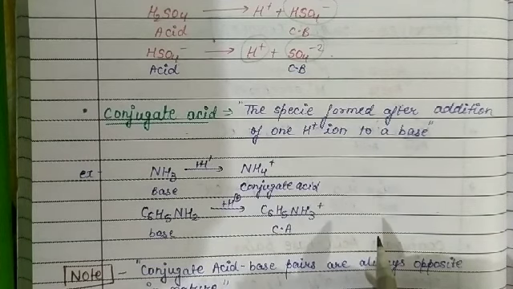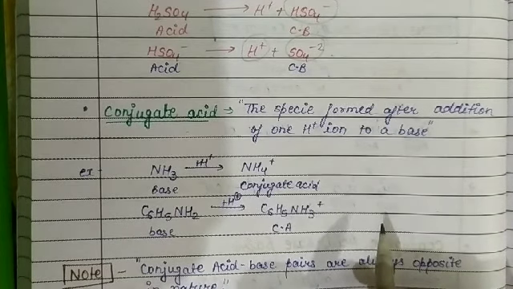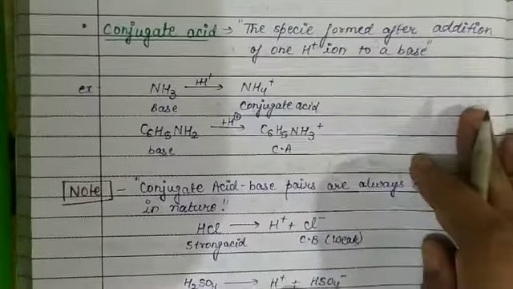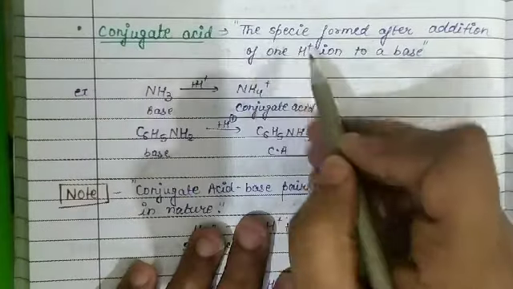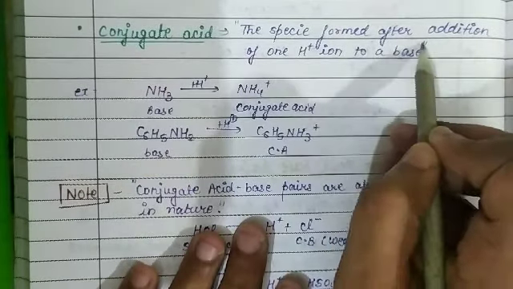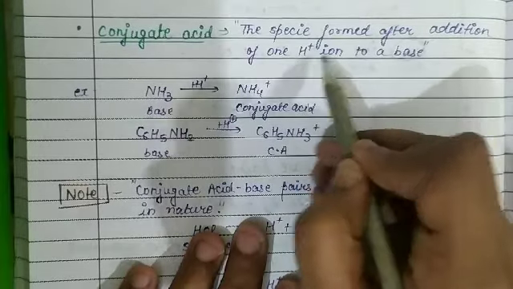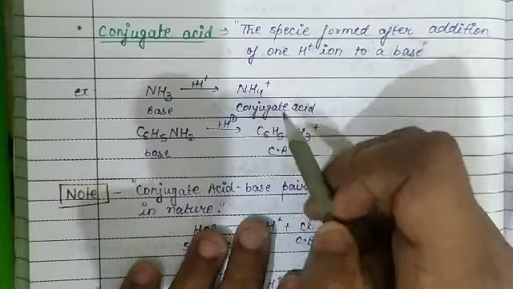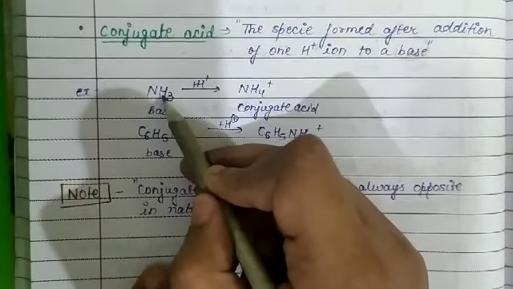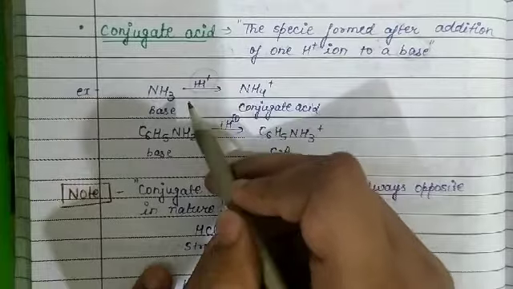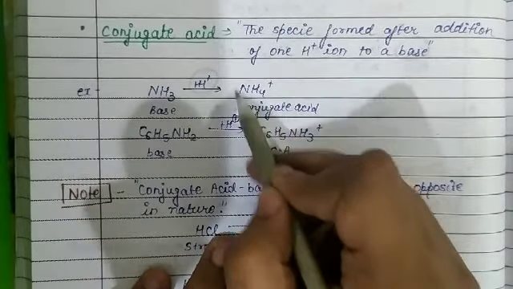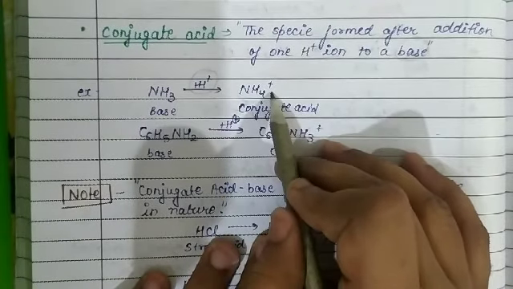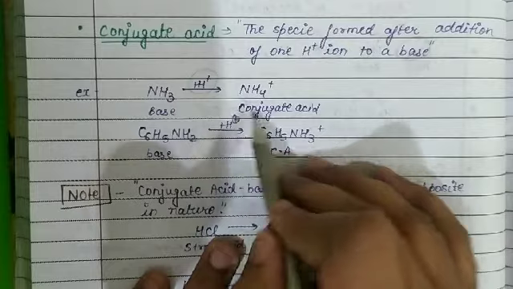So, we have seen acid and conjugate base. Now, we will see conjugate acid. See, what is conjugate acid? Conjugate acid is basically formed when the base is added by one H+ ion, then the species formed is called the conjugate acid. For example, in ammonia, when one H+ ion is added, it forms NH4+. So ammonia accepts one proton, it forms NH4+. So addition of one proton means it forms the conjugate acid.